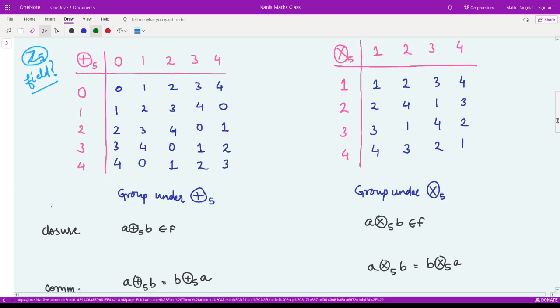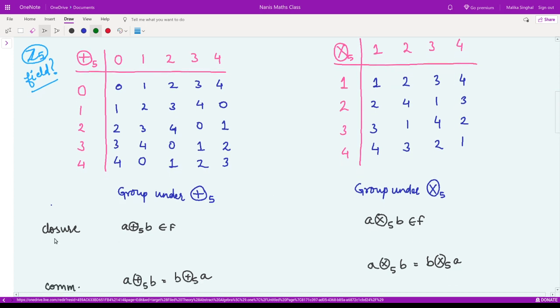This is very simple. For the closure property, we take any two elements from the given set, apply this binary operation, addition modulo 5, and then see whether the answer, the remainder, is again in the set or not. That means it should be one among 0, 1, 2, 3 and 4.